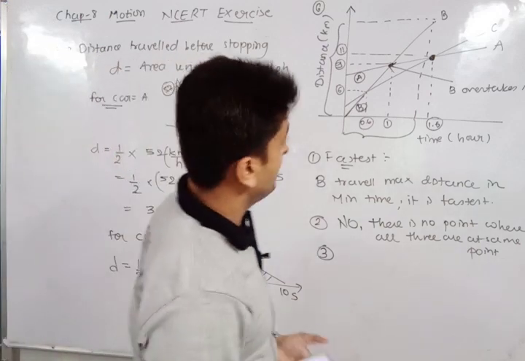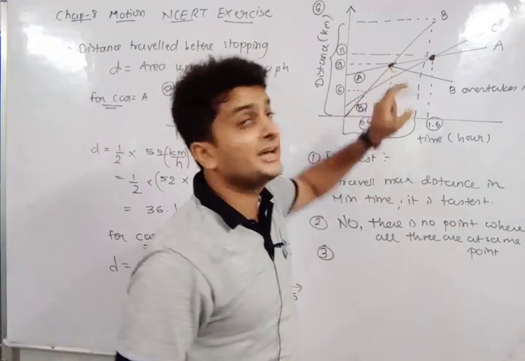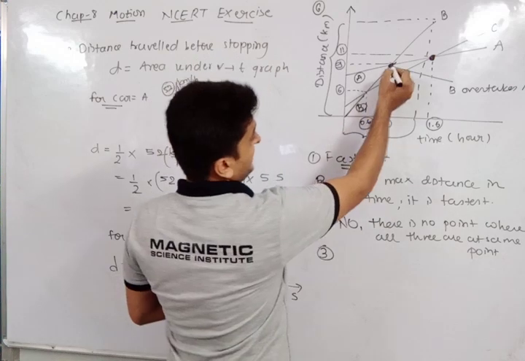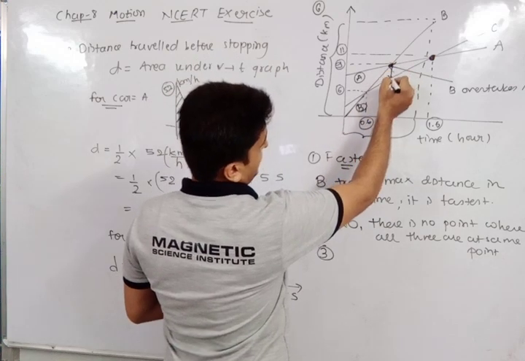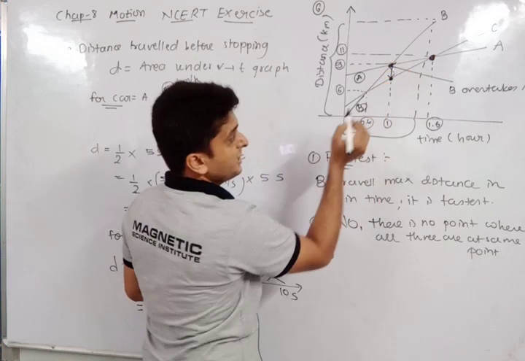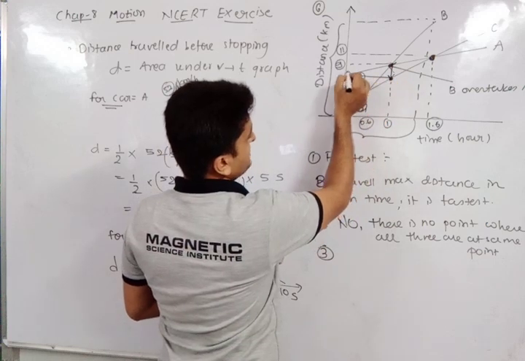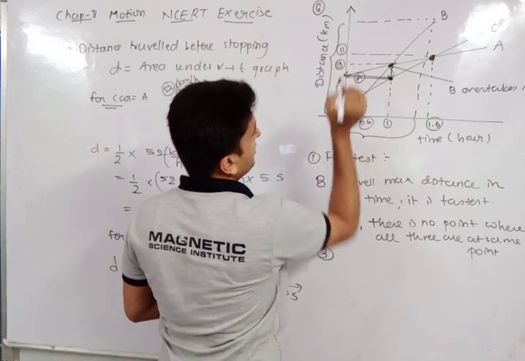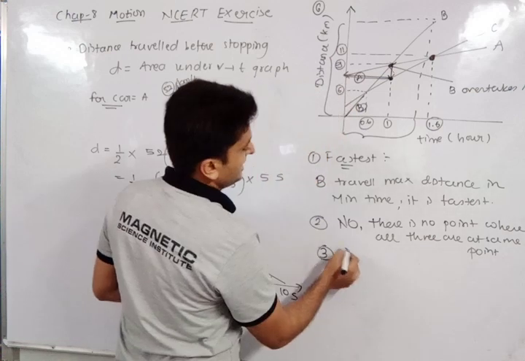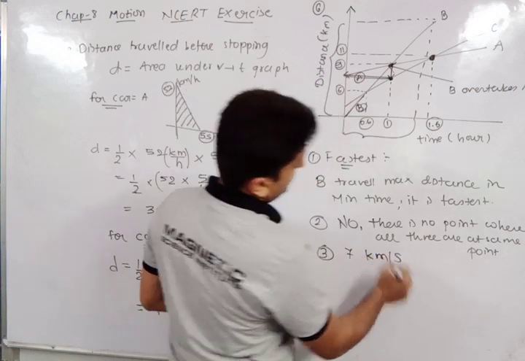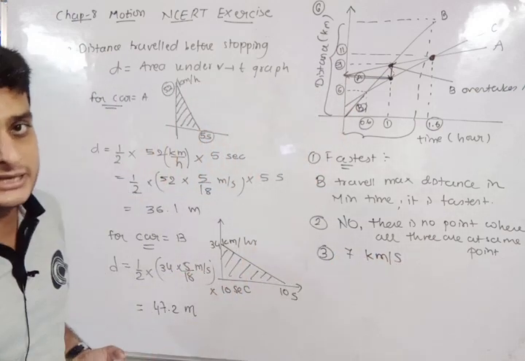ओके, तो जब ये बी वाला ए को ओवरटेक करेगा तब सी कहाँ होगा? तो इसके रिगार्डिंग सी वाला पॉइंट देखो. चलो ये इसके रिगार्डिंग सी वाला पॉइंट ये रहा, सी ग्राफ ये है. कितना होगा ये डिस्टेंस जो है वो अप्रॉक्सीमेटली कुछ 7 किलोमीटर के आजू बाजू होगा। ओके तो तीसरे का आंसर आएगा अप्रॉक्सीमेटली 7 किलोमीटर्स।